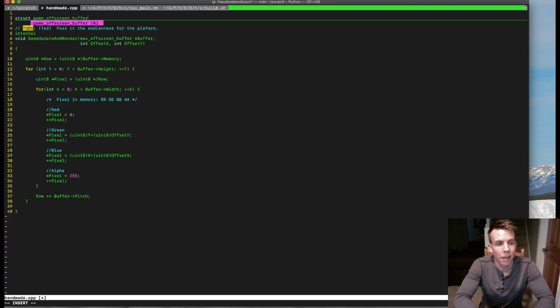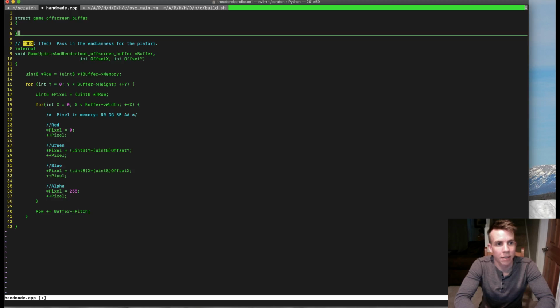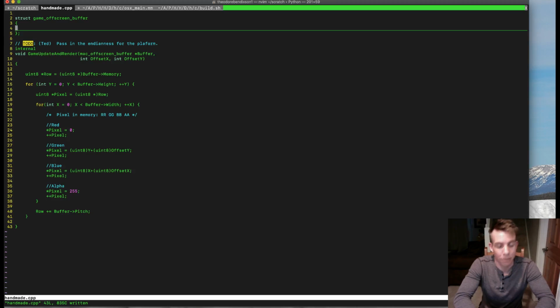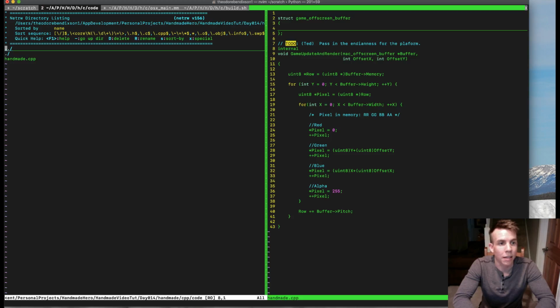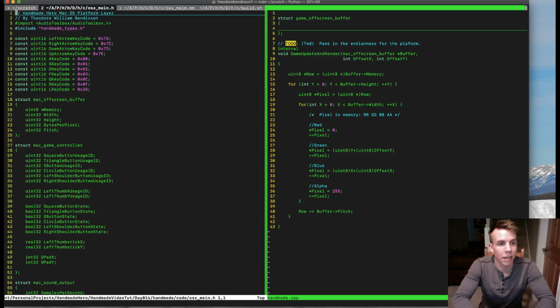right? And in all likelihood, we'll actually end up getting rid of the Mac off-screen buffer, because what we'll do is have the Mac platform layer just create a game off-screen buffer. There's nothing really platform specific about the off-screen buffer on the Mac that says that it has to be defined on that platform. So do that, and then we're going to go back up to our platform layer,